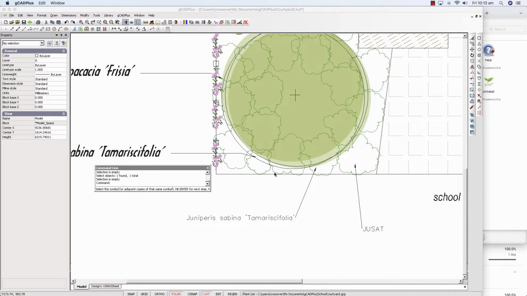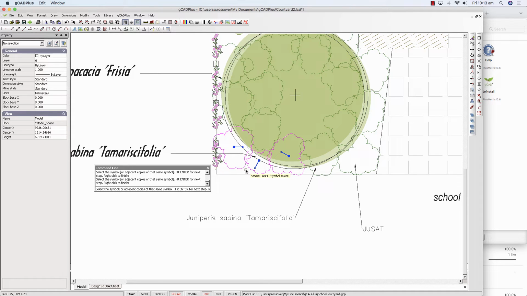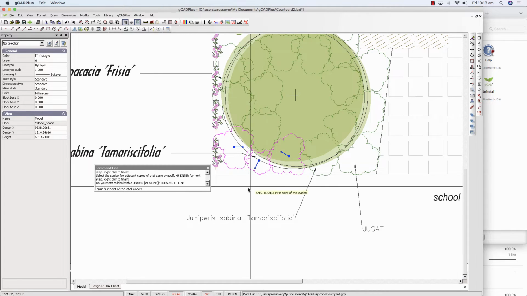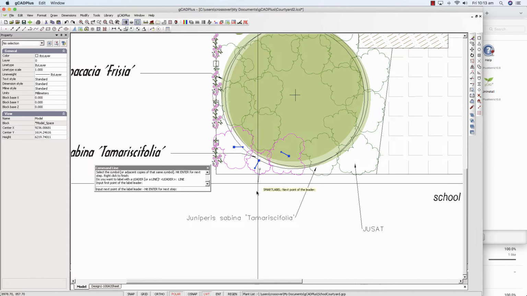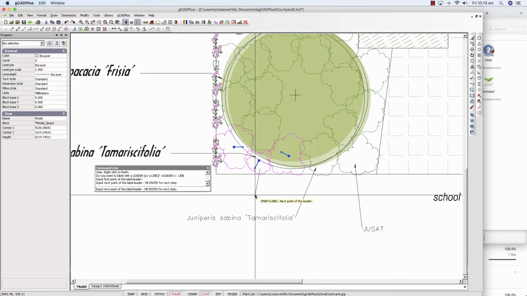So let's imagine we wanted to tag this one. It might be a group of 3 of a different species, and we hit enter. And do we want a label with a leader or a line? Well, both start with L, so I'm going to use the full line option. And the first point, we're going to label a group. So we come in here and there,